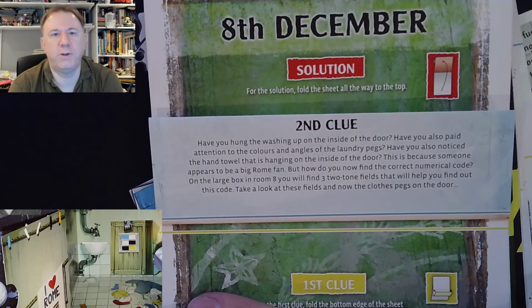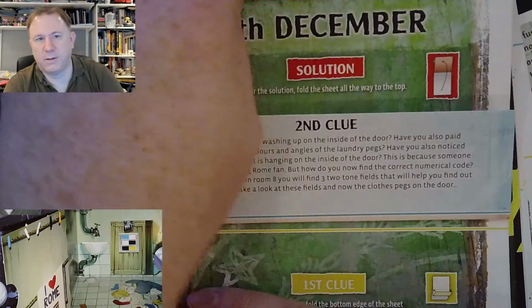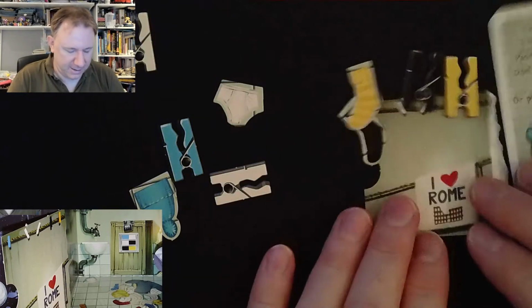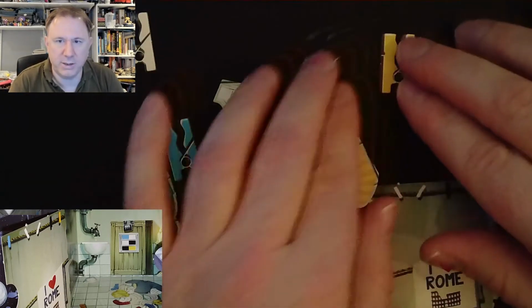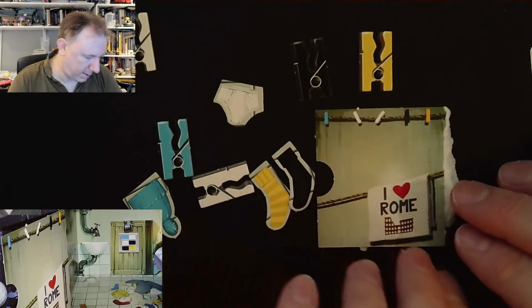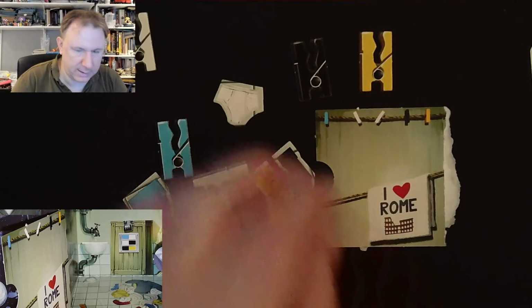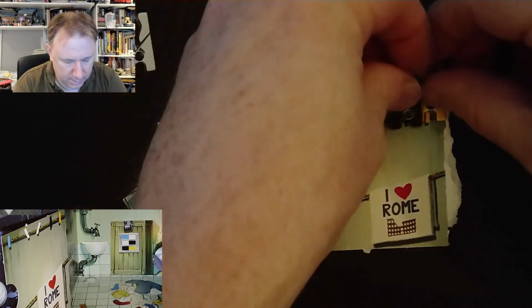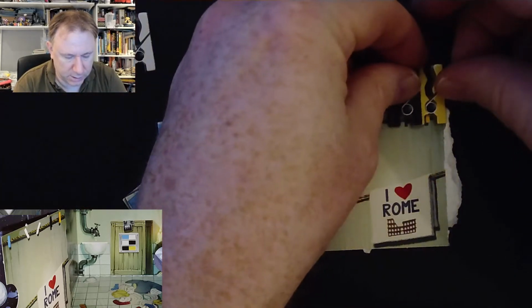Oh, they're meant to be Roman numerals. Okay. Alright, penny drops. But I actually don't think they look very much like Roman numerals, else I would have noticed that before. Probably I am missing something quite obvious. Let's have a look. Let's do the last one first. Yellow peg, black peg. If these are the exact positions,